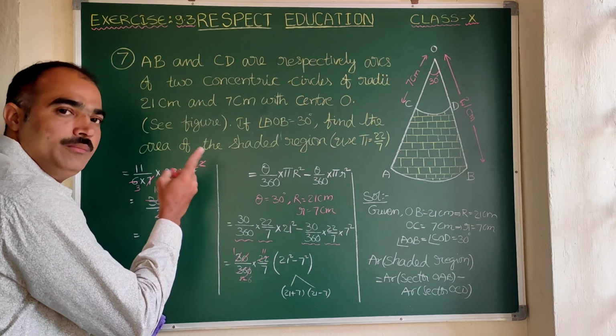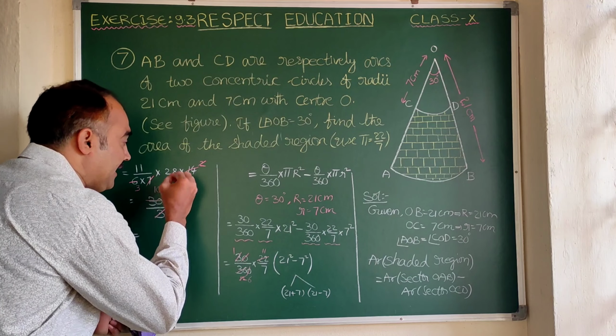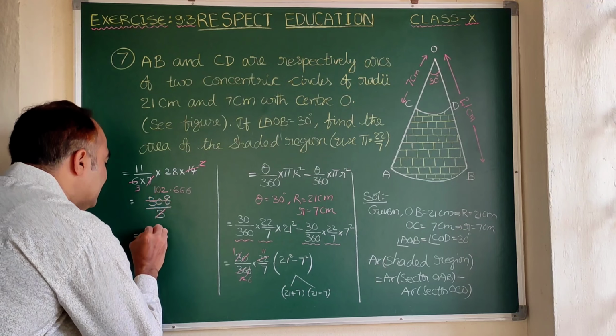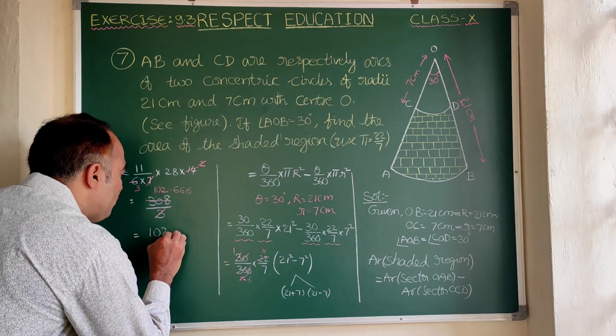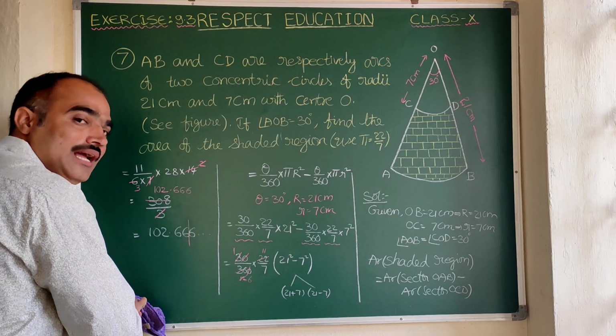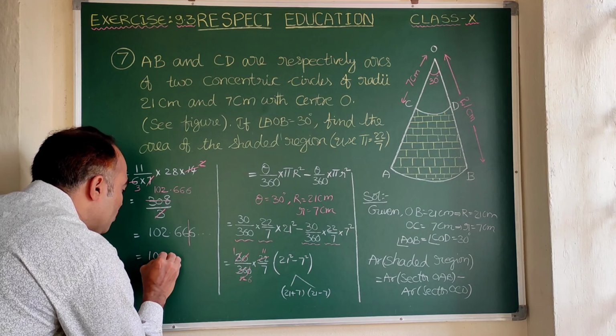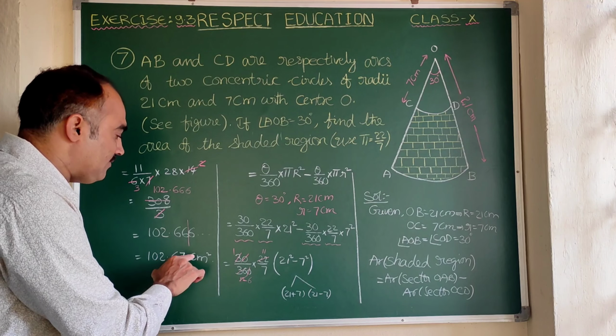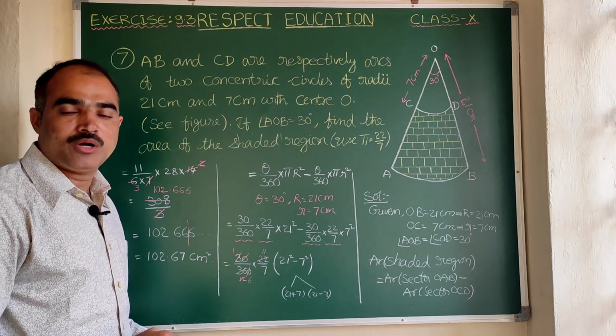So when you put the decimal here, 2 will be 20. So here 3 6s are 18, again 2 will come, put the decimal, again there will be 20, again 6, and so on. So here this is 102.666 and so on. When we adjust up to 2 decimals, what happens? Here this is 102.6, the next digit is more than 5, so we can add 1 and we can stop it. So here 102.67 centimeter square. Therefore the area of the shaded region is 102.67 centimeter square. With this, the 7th problem gets completed.